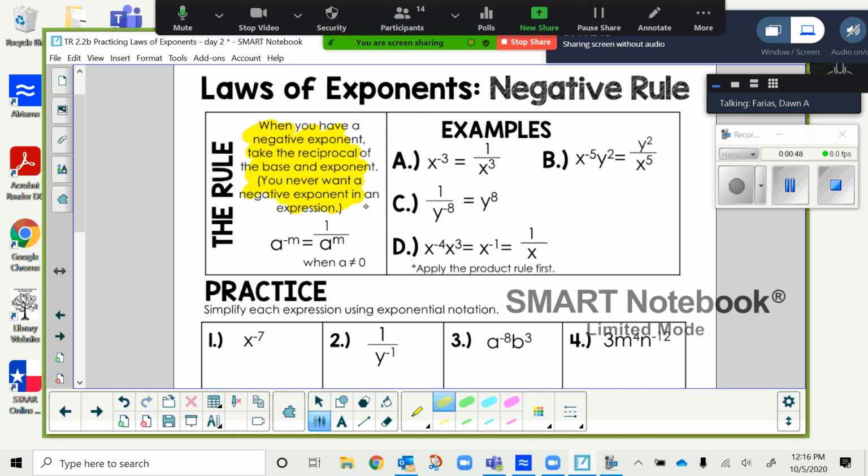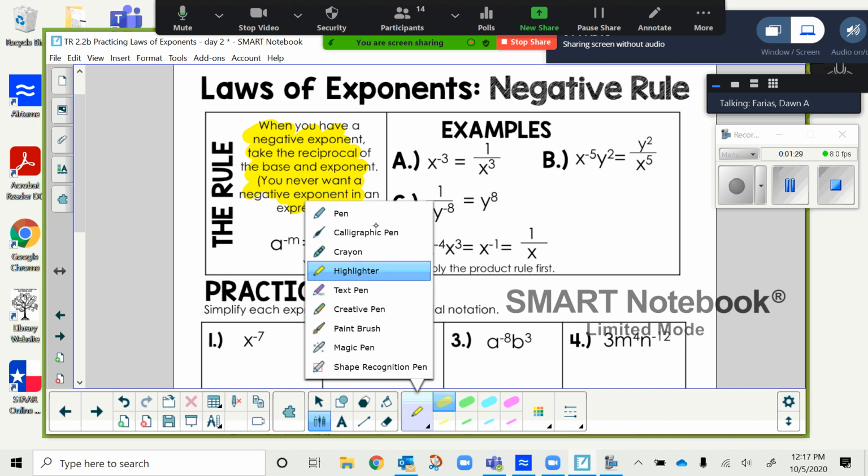It says when you have a negative exponent, you want to take the reciprocal of the base and the exponent, because you never want a negative exponent in an expression, right? So realize that no answers ever have negative powers. The way you fix a negative power is you take your base, whatever it is, you push it to the other side of the fraction, and then you make the exponent positive. So in these examples on your worksheet,